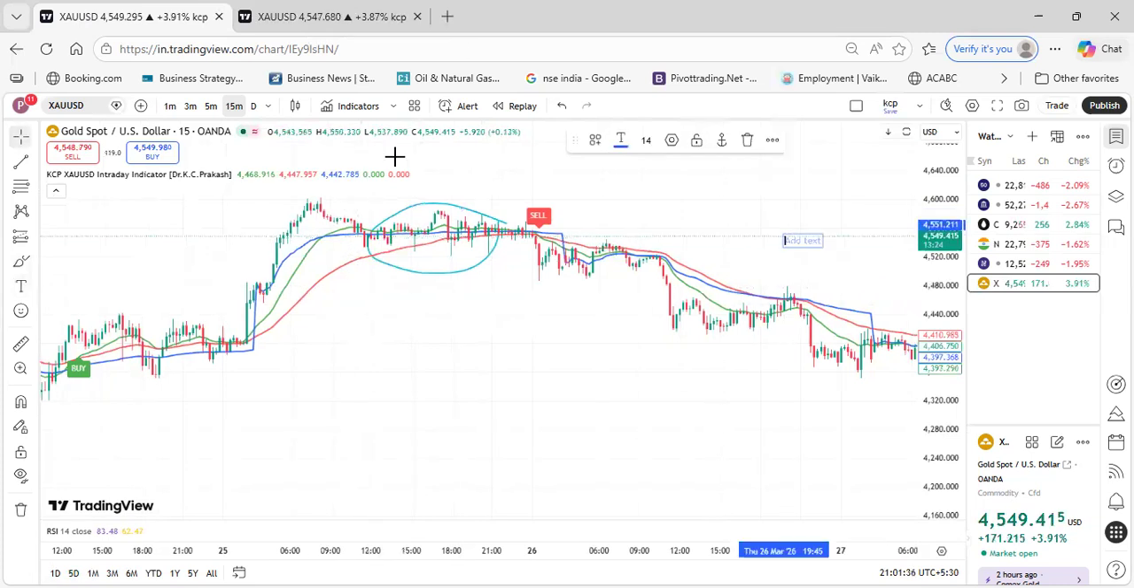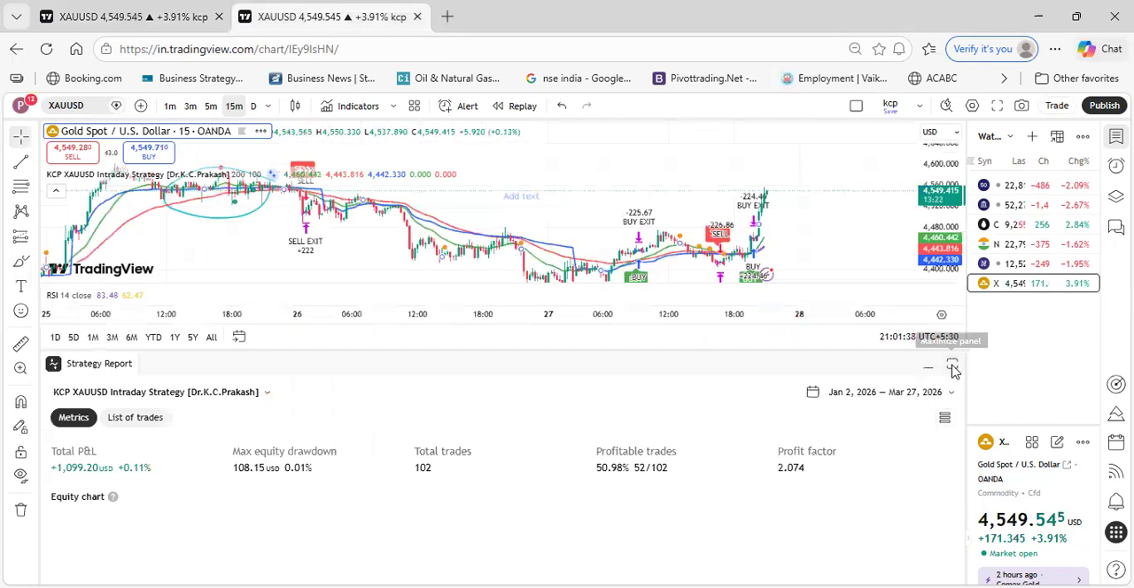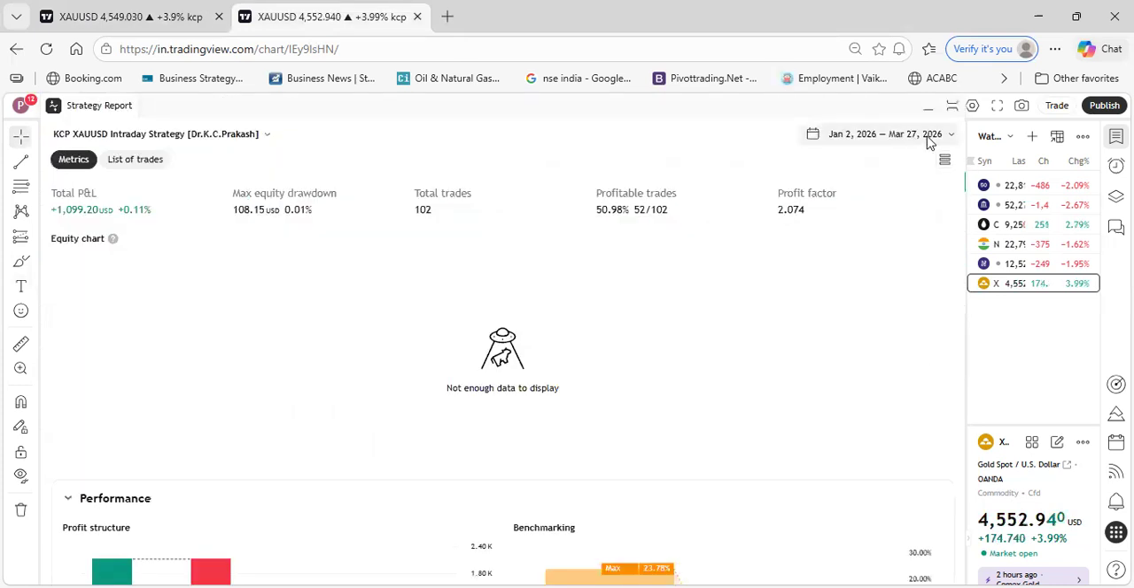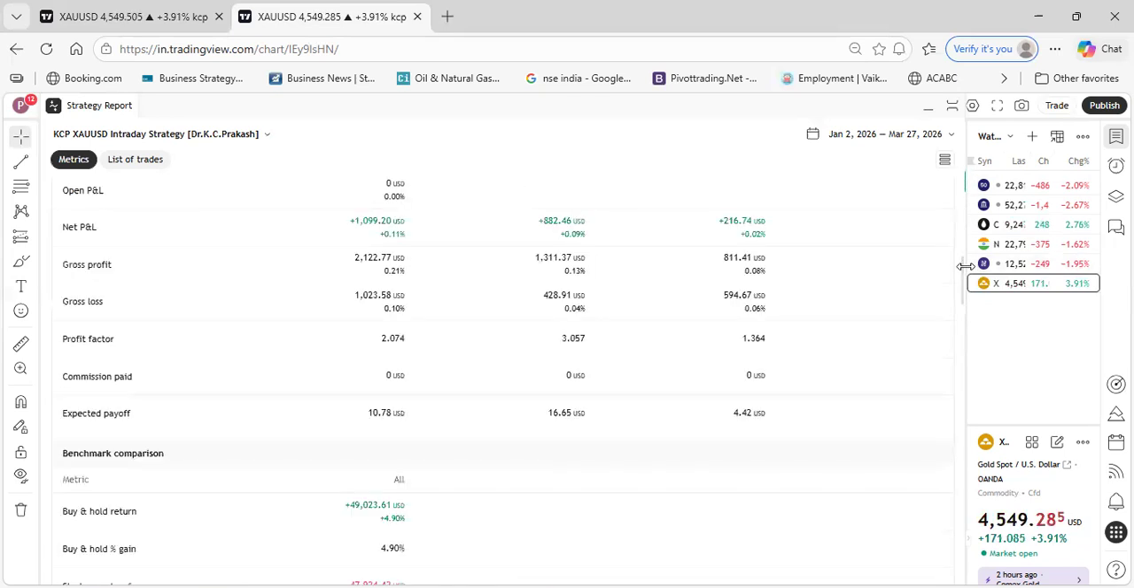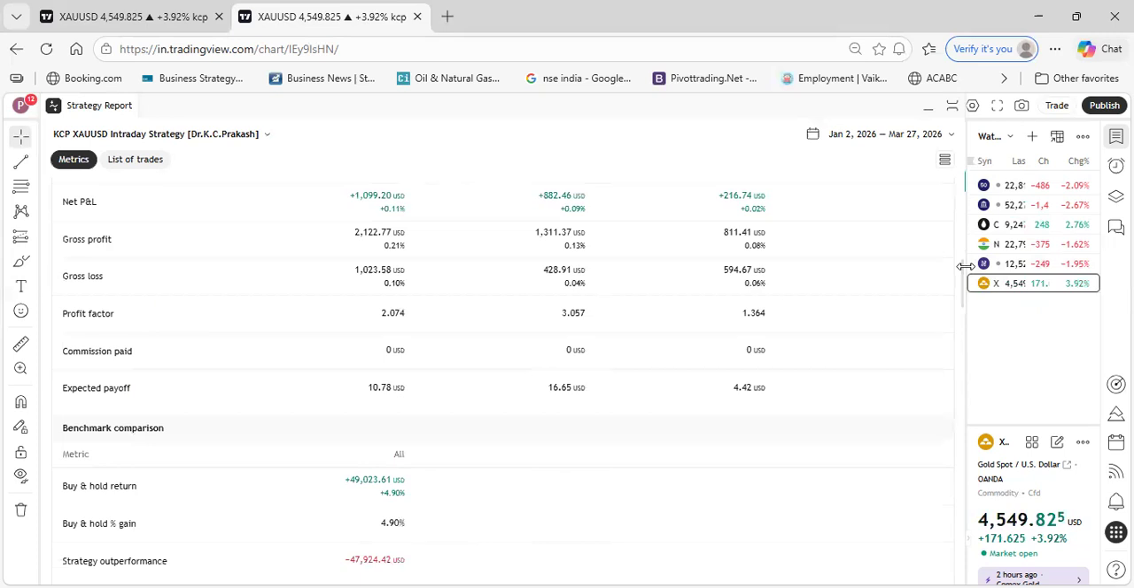I'll show you how this indicator performs over a period of time for getting a profitable trade. Here you can see the date between January 2 and March 27, 2026, so a period of around 2-3 months, and it is a profitable trade. Here you can see that the profit and loss is more than 0.11% in the Forex market. I'm using XAUUSD, and we'll see how the indicator outperforms with the help of a decent